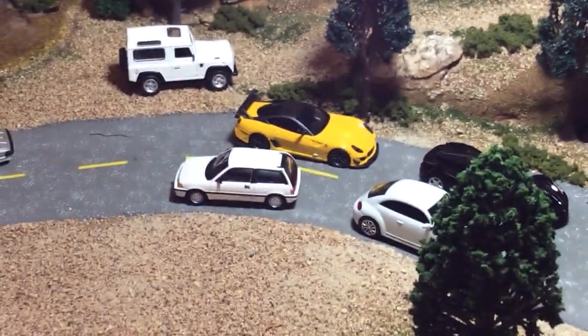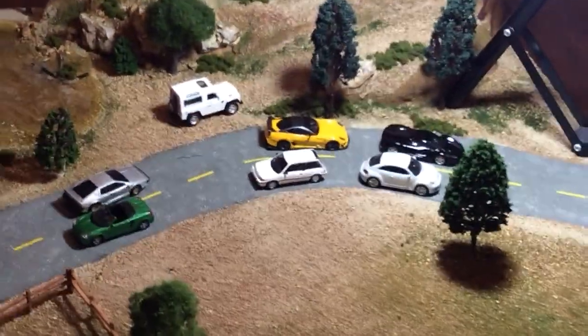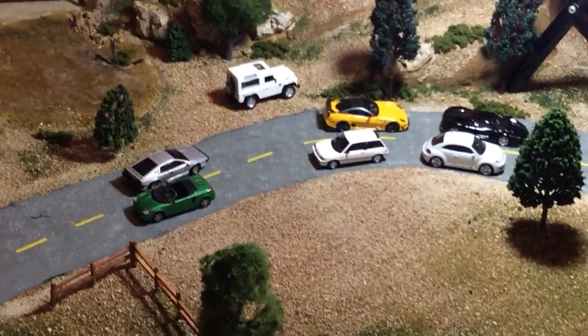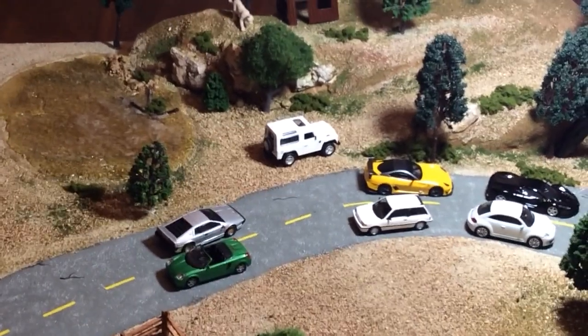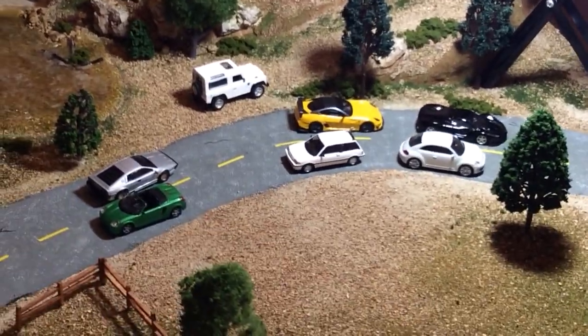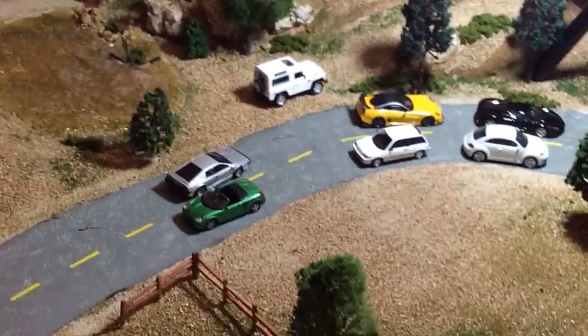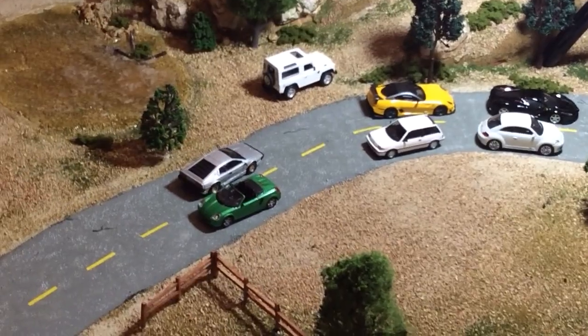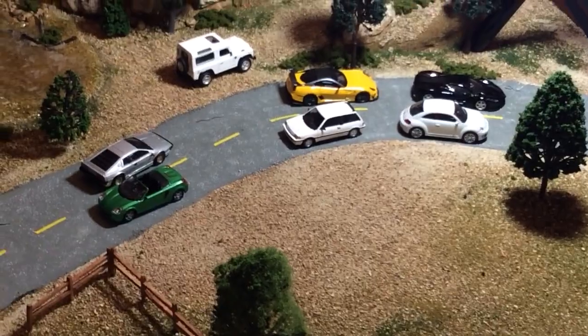And then one other thing that I wanted to show real quick. The more I do these videos, the more I see this layout, the more I realize it's probably 90% done. It's not nearly as complete as I thought. There's a lot more detail that I need to add to it. The coloring just doesn't seem right to me on the dirt roads and the trails, so I'm going to try to touch that up and do a few other things. But anyways,